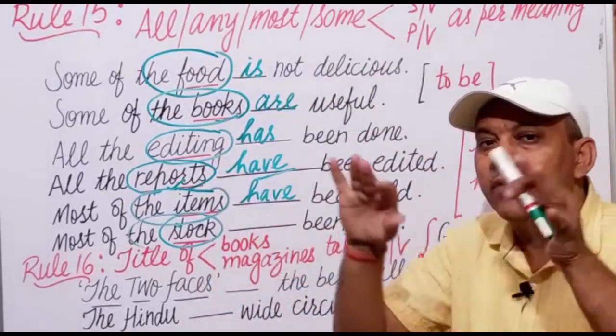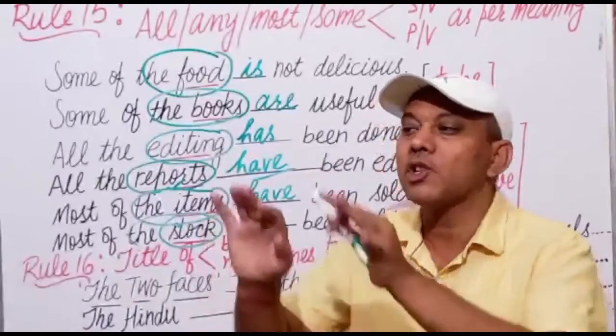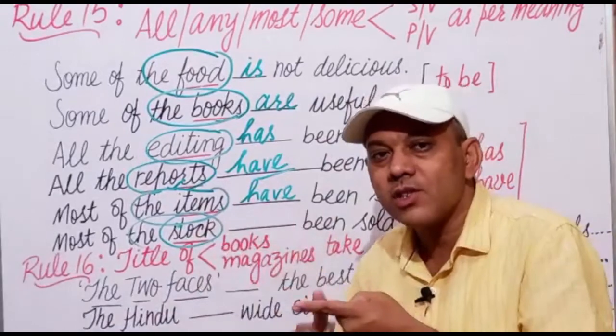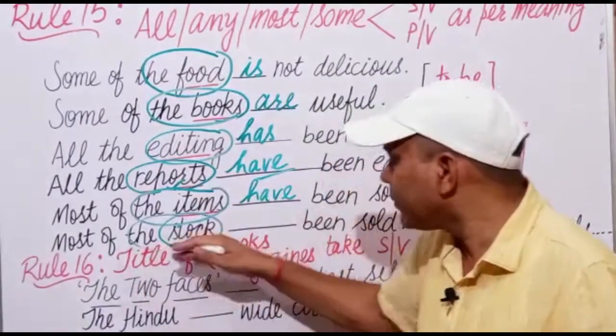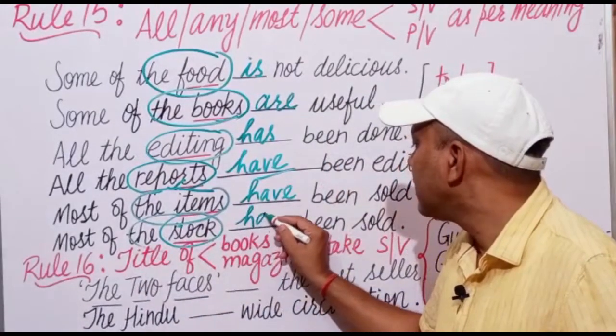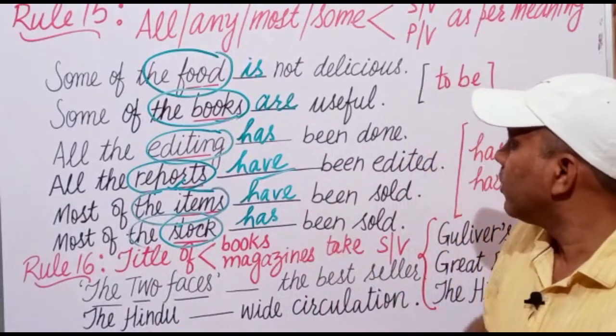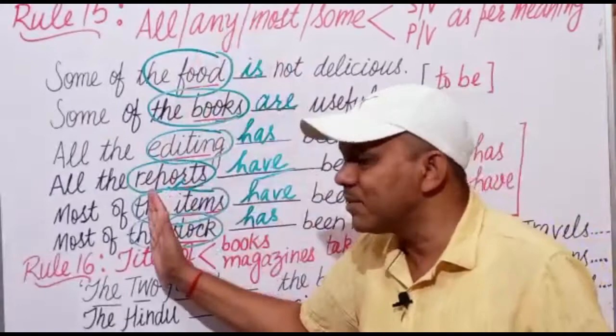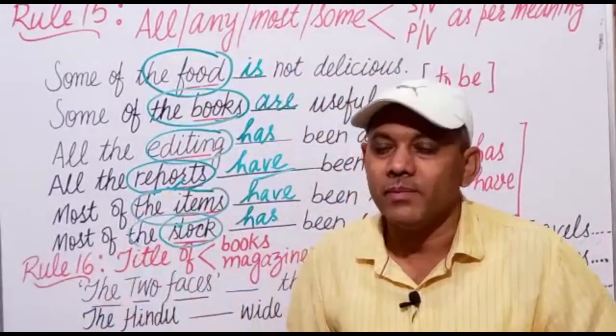यहां पर हम नंबर ऑफ आइटम्स की बात नहीं कर रहे हैं, यहां पर हम एक स्टॉक की बात कर रहे हैं. एंड स्टॉक इज अ सिंगुलर नाउन. इट रेफर्स टू अ सिंगुलर सब्जेक्ट. Most of the stock has been sold. In this way, we shall fill in the verbs agreeing with the subjects preceded by them.